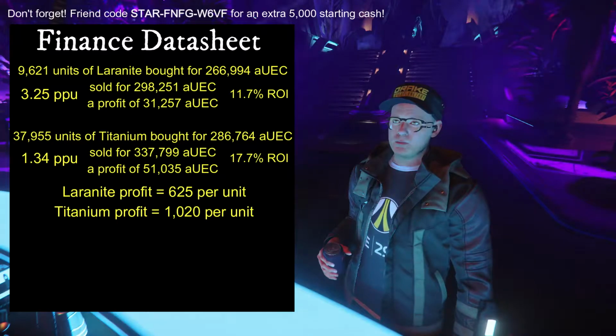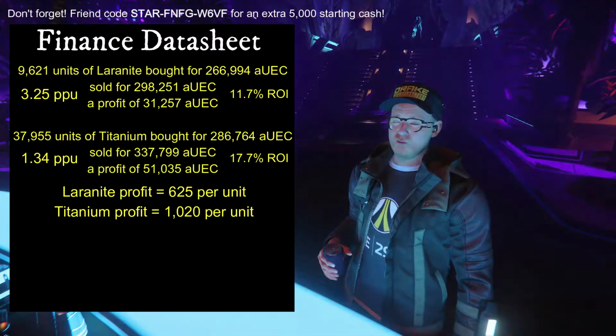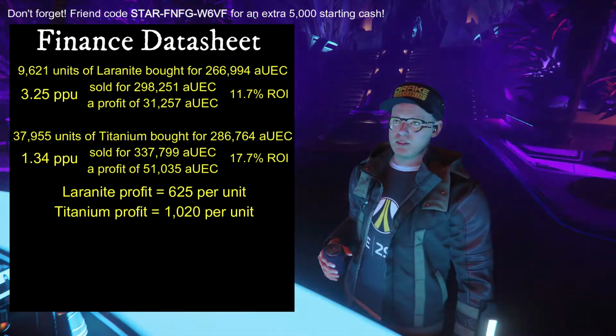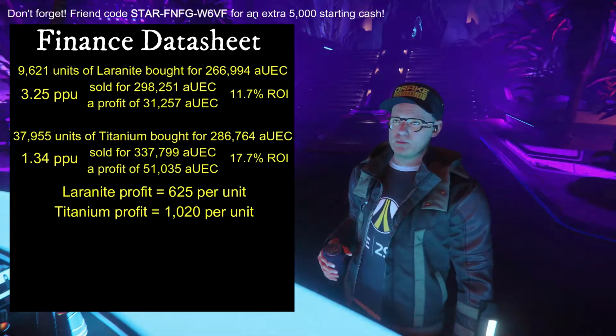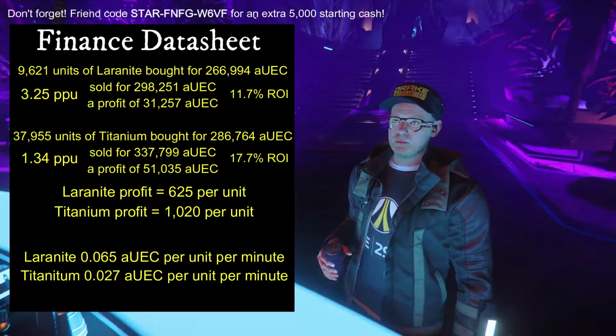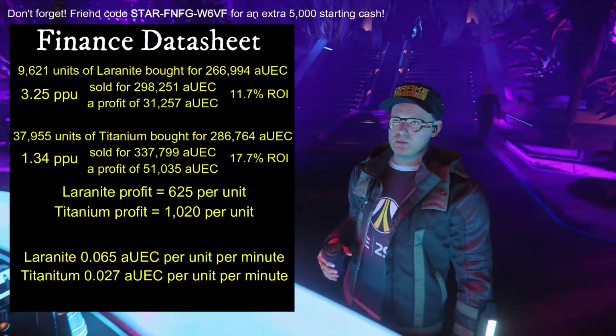Which on the surface makes it sound like the titanium is more profitable until you actually work it out by the units. And he's being really annoying, the bartender there. But yeah, so if we work it out per unit, you're looking at the laranite giving us a profit per minute per unit of 0.065 AUEC, and the titanium a profit of 0.027